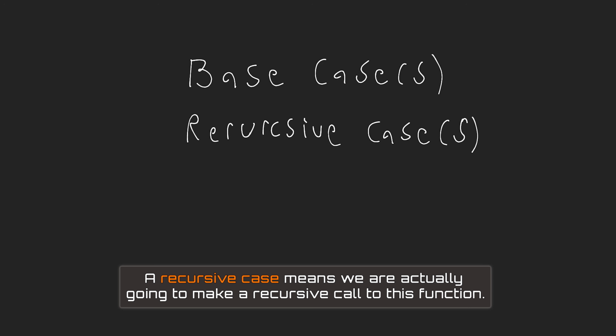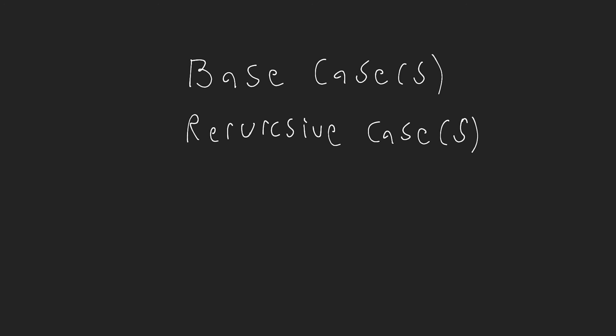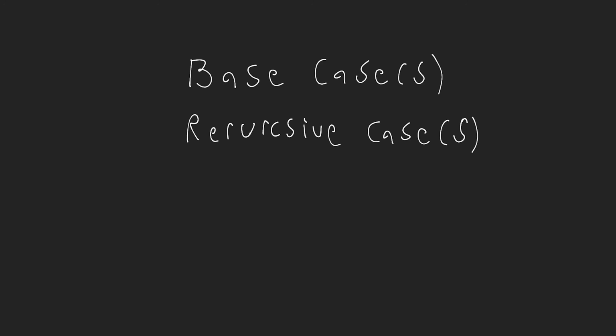Now, in simple recursive algorithms, we have maybe one or two base cases and one recursive case. But in more complicated algorithms, we can have multiple base cases and multiple recursive cases. Now, when we are defining essentially the recursion that needs to occur, we need to know both of these things, and we need to define what both of the cases are. Now, I know this is a little bit abstract, so the best way I can show this to you is